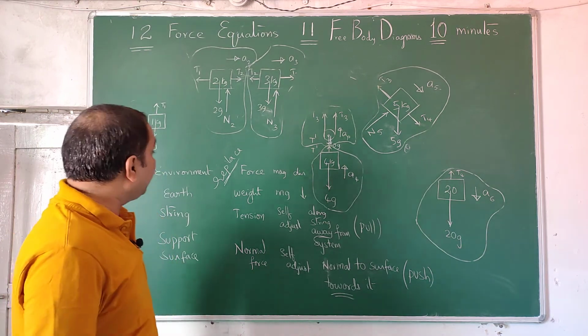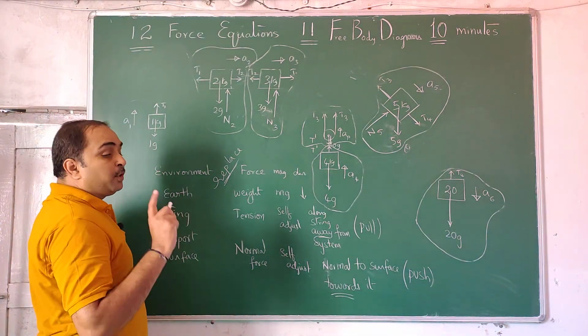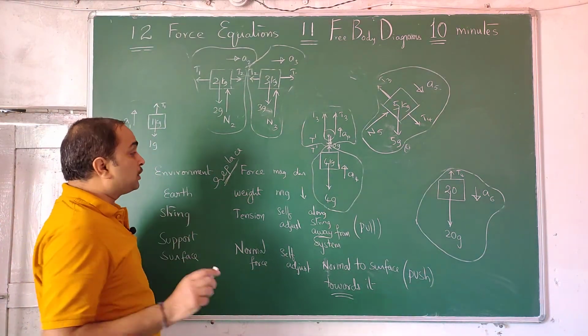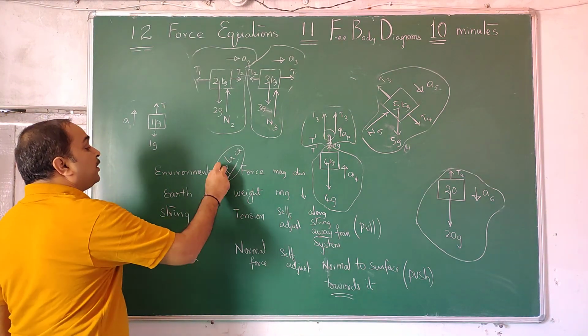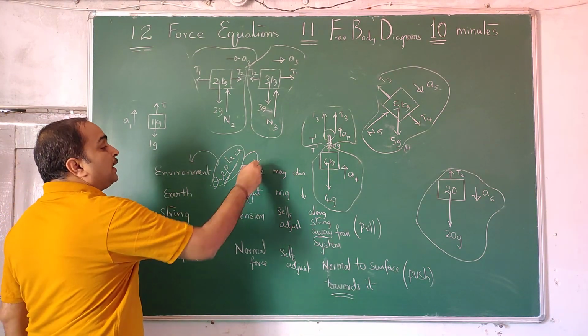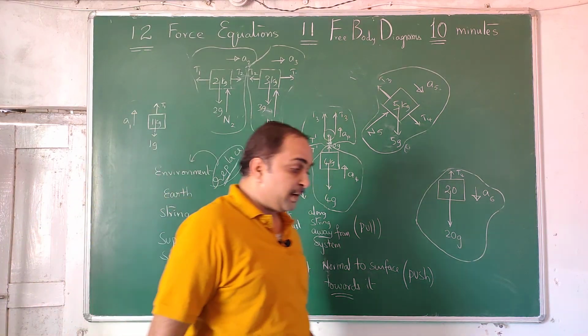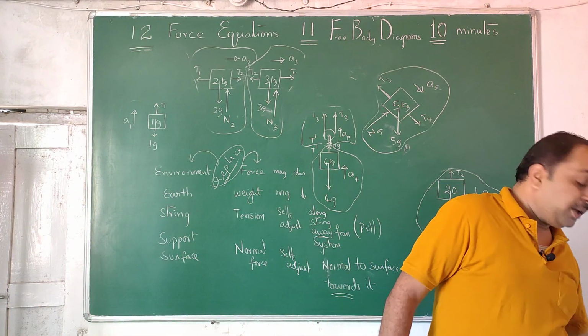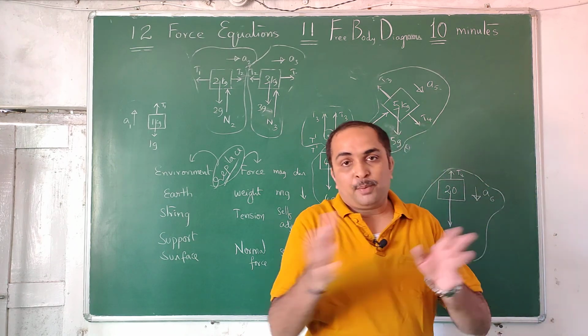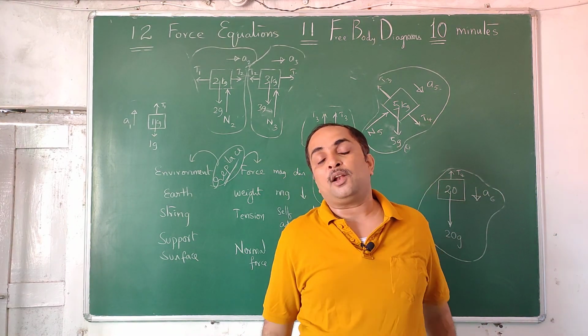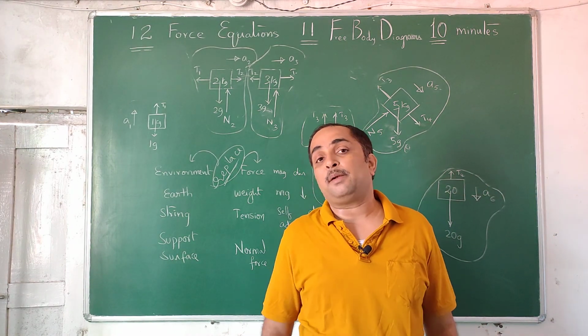How to draw a free body diagram? According to the Resnick and Halliday book, that's why I asked you to read good books: replace the environment with a force, and that force you should know its magnitude and direction. If you know the magnitude, write it. If you know the direction, write it. Obviously, the body's environment you removed, and finally you have only the body along with the forces. So that is the free body diagram of it.